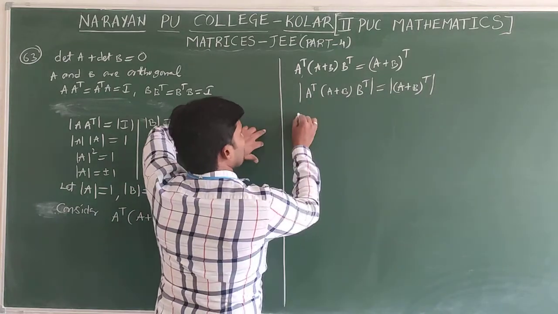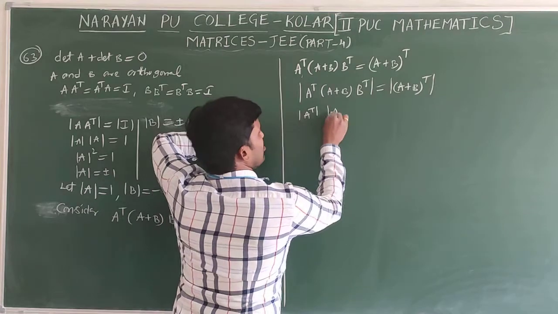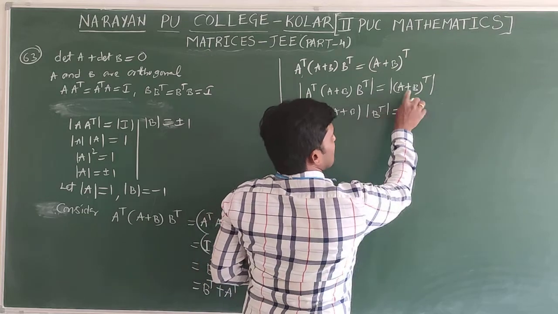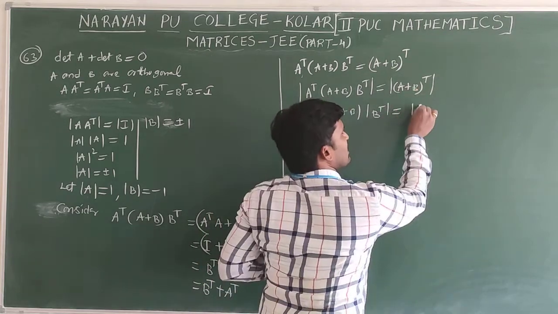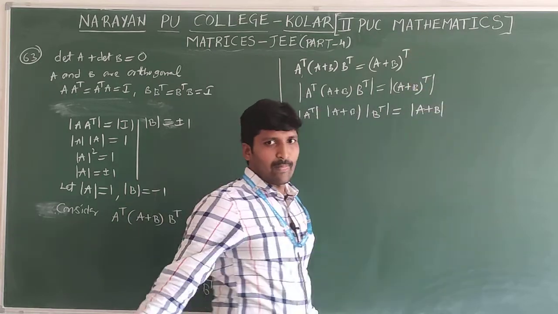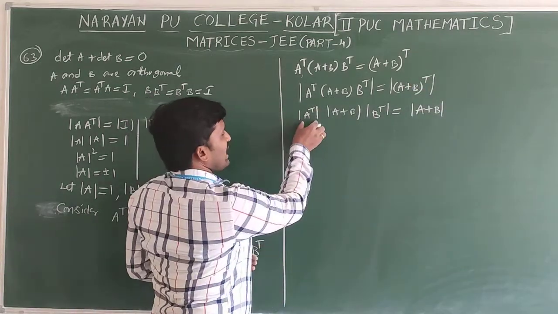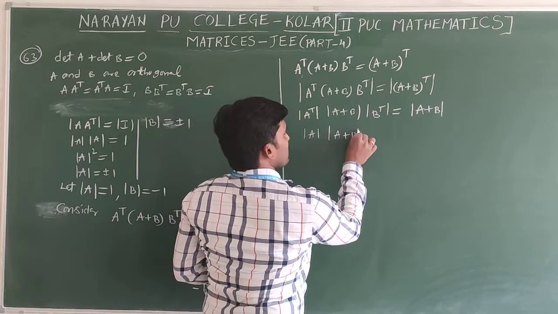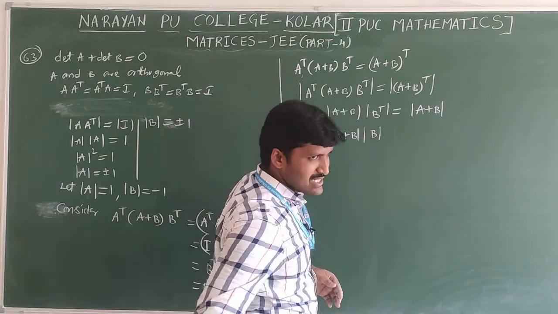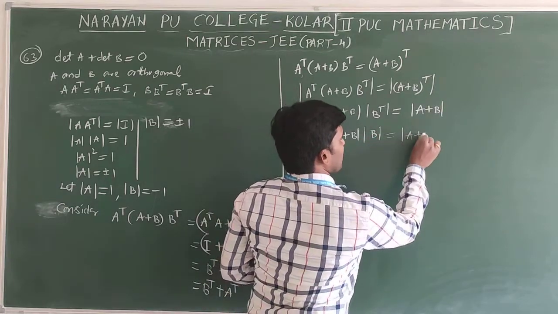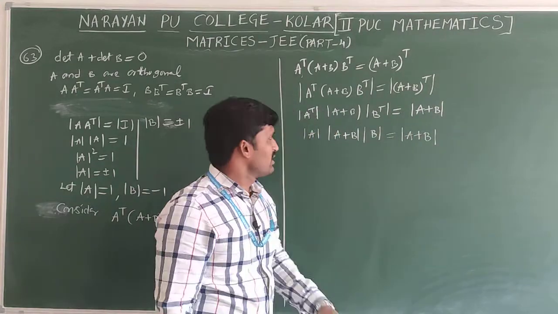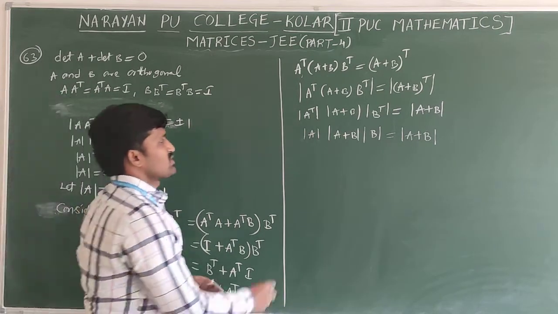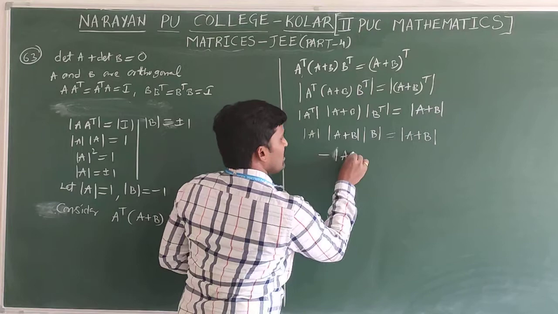You can split this one. Here det of A transpose, det of A plus B, this value only we need to find out. Det of B transpose, and det of A plus B transpose is also equal to det of A plus B only. Clearly, value-wise, det of A transpose is the same as det of A. Here det of A plus B. Det of B transpose and det of B are both the same. Equal to det of A plus B. Don't cancel these two. It's an equation. Det A is 1, I considered already. Det B is how much? Minus 1. So this total product becomes minus of det of A plus B.